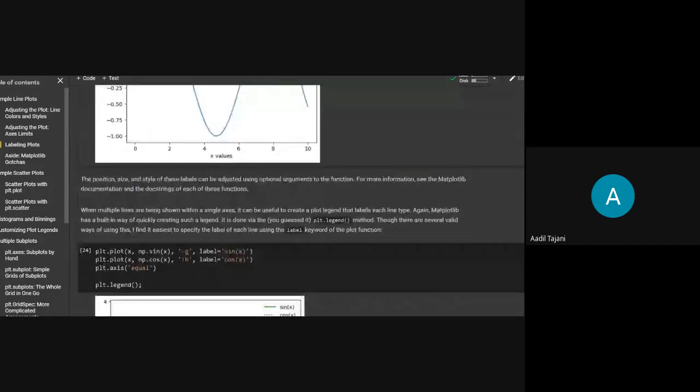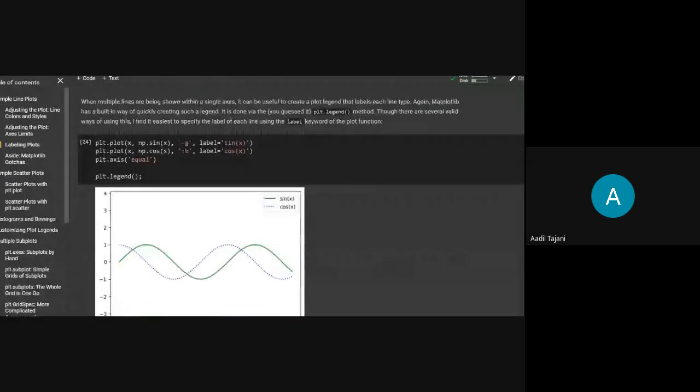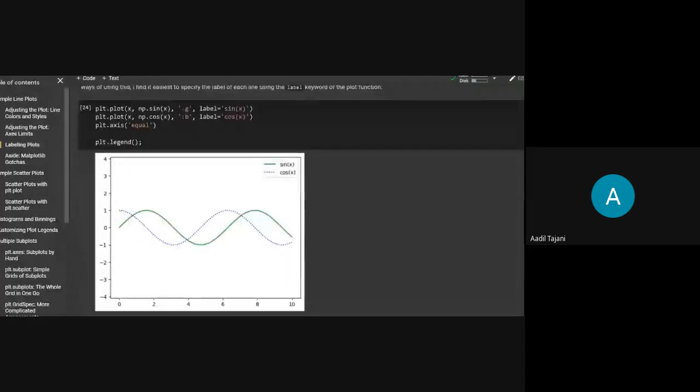Now we have seen that we have given labels to both the axes, and we also saw that if we are plotting different things in the same figure, we need to distinguish them. We have also assigned different line styles and different colors, but still if we want to see what those are representing, then comes the legend. If we are doing plotting in maths, everyone knows that we mention a legend at the top or anywhere that you want, which shows which plot is representing what.